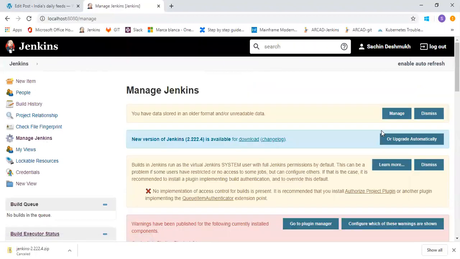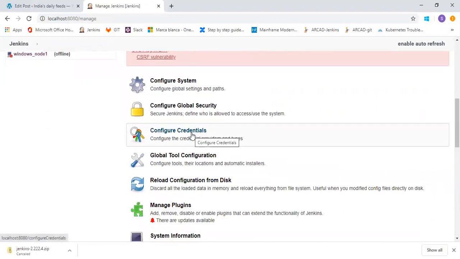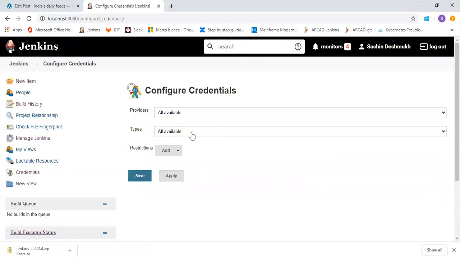Let's go to the next part, that is Configure Credentials. Whenever you are running any job or any project on Jenkins, you may have to connect to Git, or maybe to Docker Hub. While connecting to that, you can't just hard code your passwords in your pipeline script.